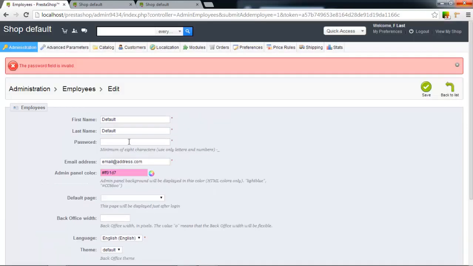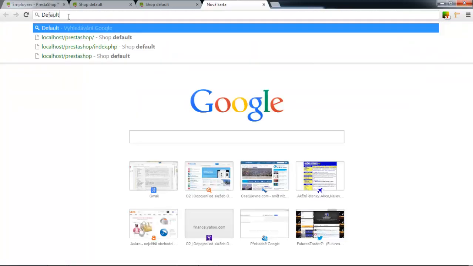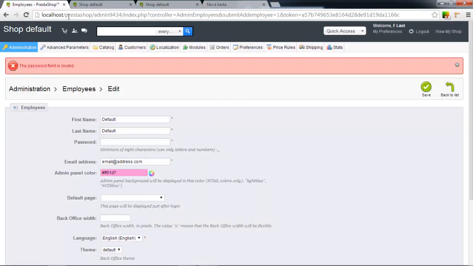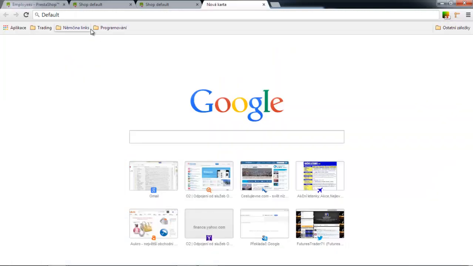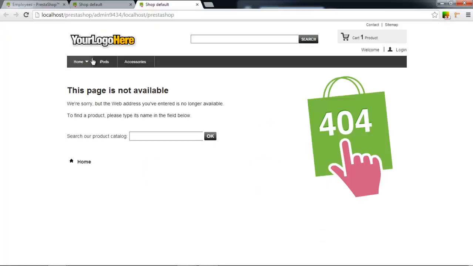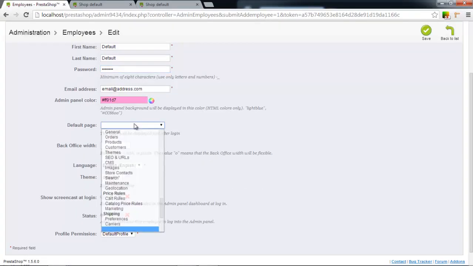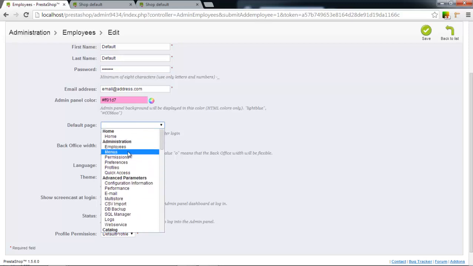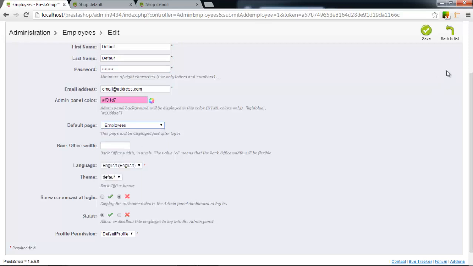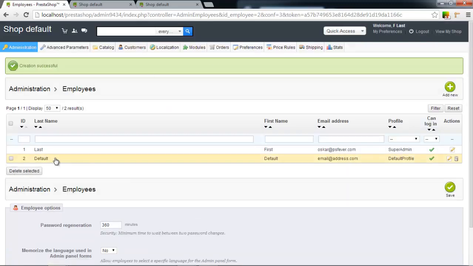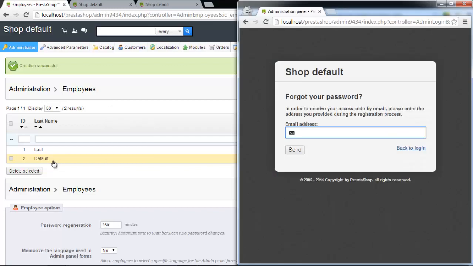Oh, the password field is invalid. How many letters are... okay, default is only 7 letters long, and we need minimum of 8 characters, so it would be defaults, the password. Defaults, and default page could be employees. Why not? Okay, we have successfully created a new profile, and again we will use